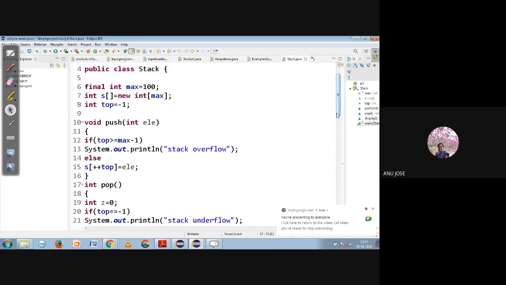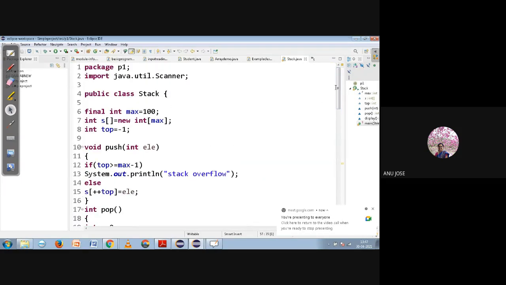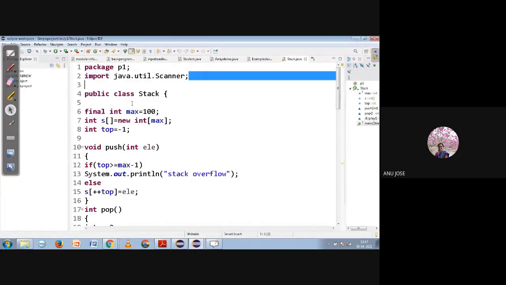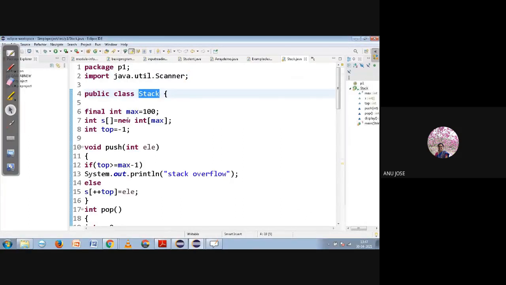You can see here the variables have been displayed. You know why we have imported the Scanner class. The class is Stack. Inside that, we have kept a final variable. What is the use of this final variable? You have studied about a constant variable in C programming, which means the value won't change.